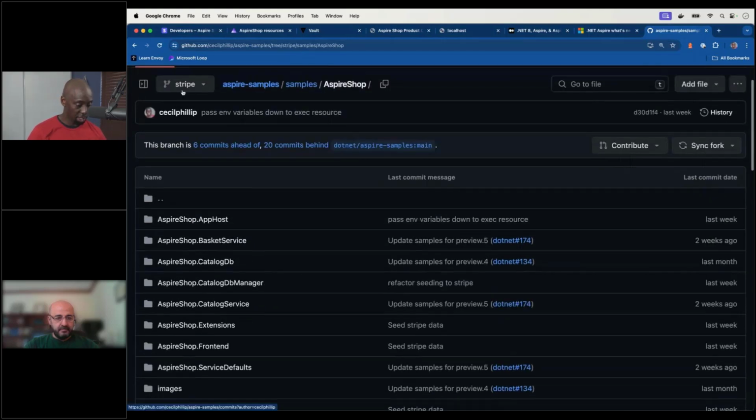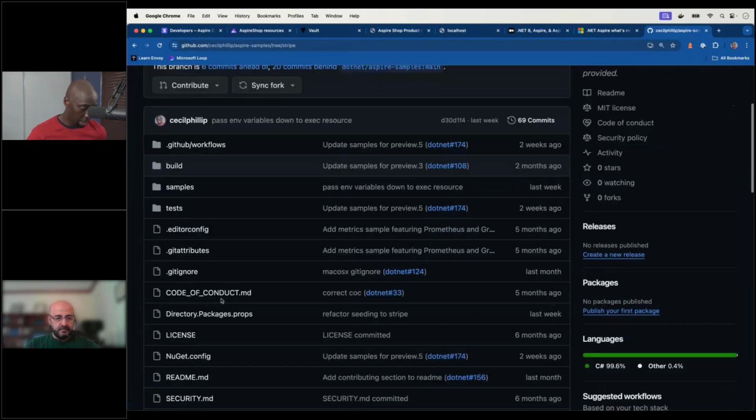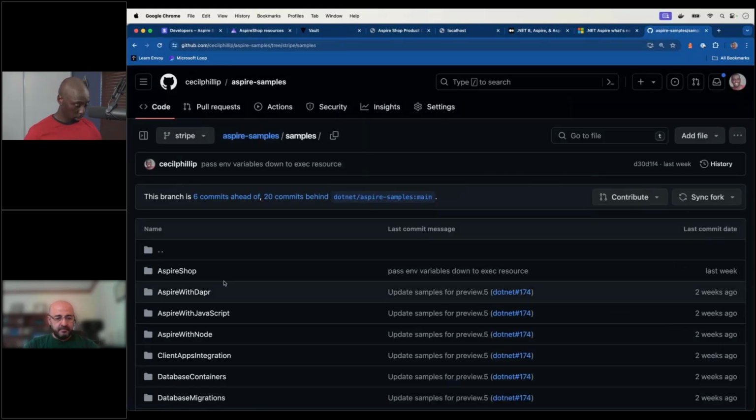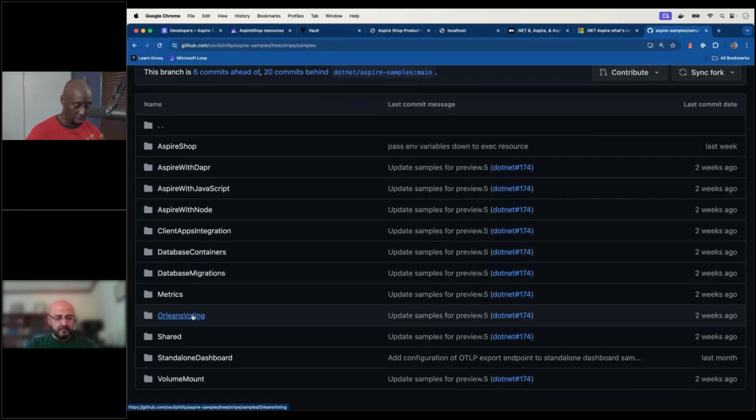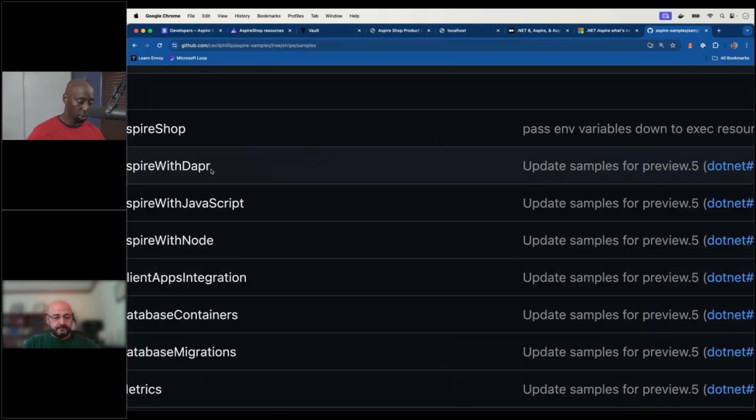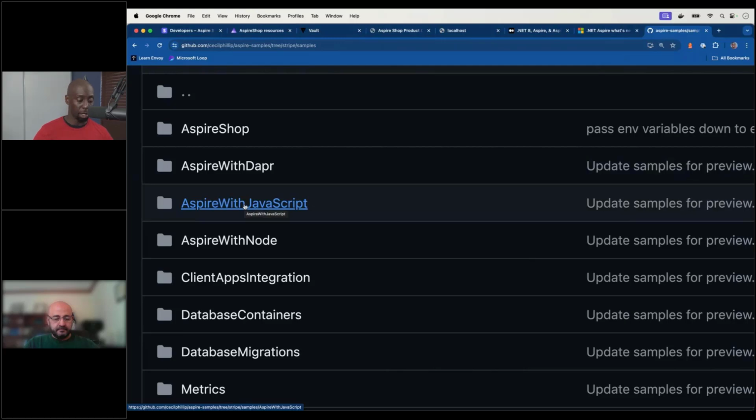So inside of the Stripe branch, right? But if you wanted to, feel free to look at some of the other ones. There's samples here, like I mentioned, for Node.js. There's samples for using Microsoft Orleans if folks use Orleans, for using Dapper, or if you're using some JavaScript thing with NPM and things of that nature. You have the options to connect all of those things as well.